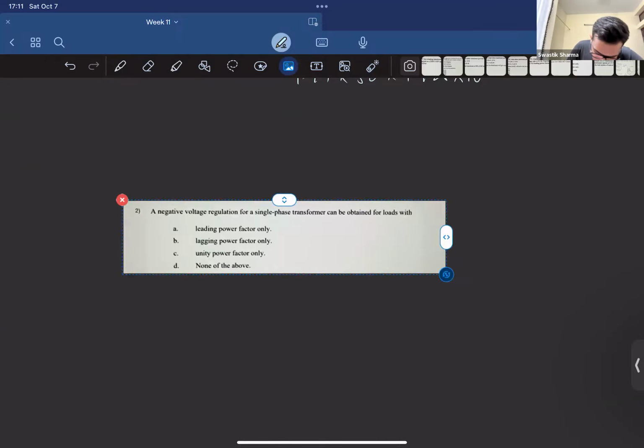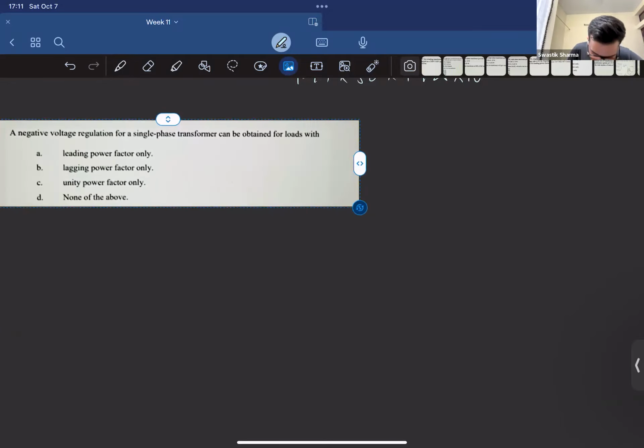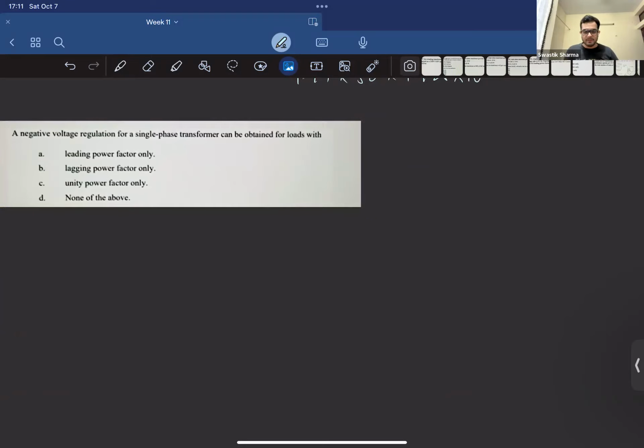So we have this question. Remember, I told you we'll discuss voltage regulation here. We're given that a negative voltage regulation for a single